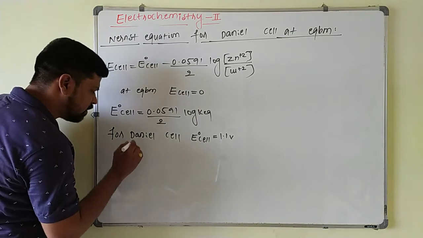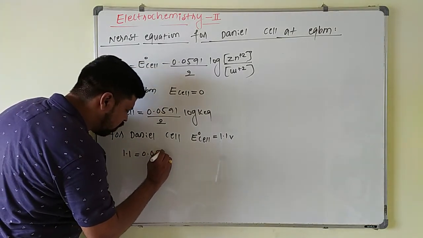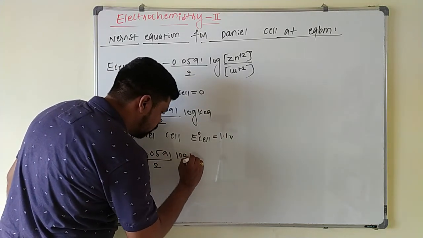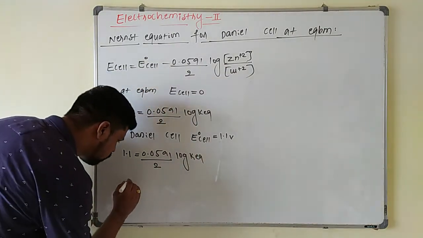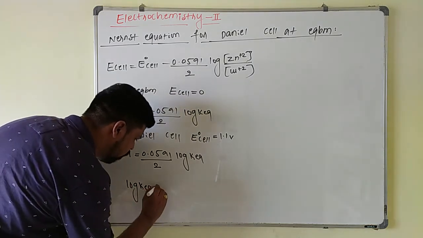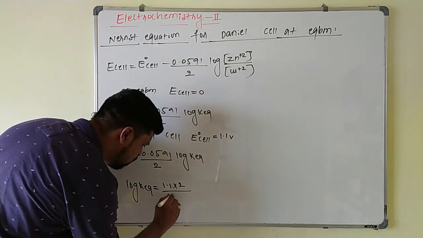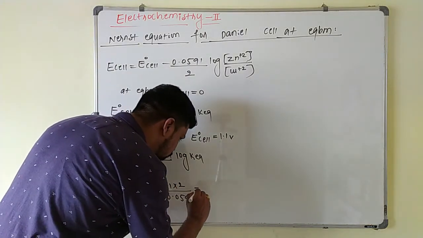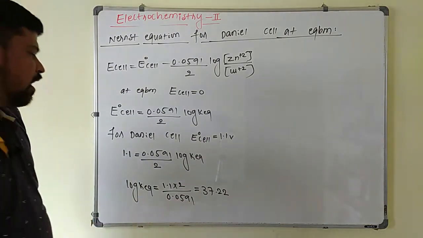This equation becomes 1.1 is equal to 0.0591 divided by 2 log of K equilibrium. Now log of K equilibrium is equal to 1.1 into 2 divided by 0.0591. This will be equal to 37.22. Now K equilibrium value is equal to